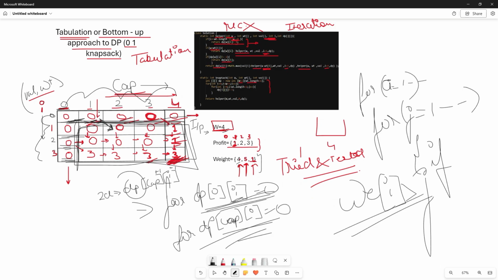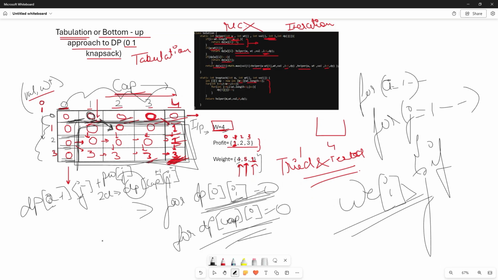So how do we access this diagonally previous element? We do dp of a minus 1 and j minus 1. If we are on dp of a and j, we do both minus 1 to access the diagonally previous element. And then we will add the profit from the profit array where the pointer will be j,